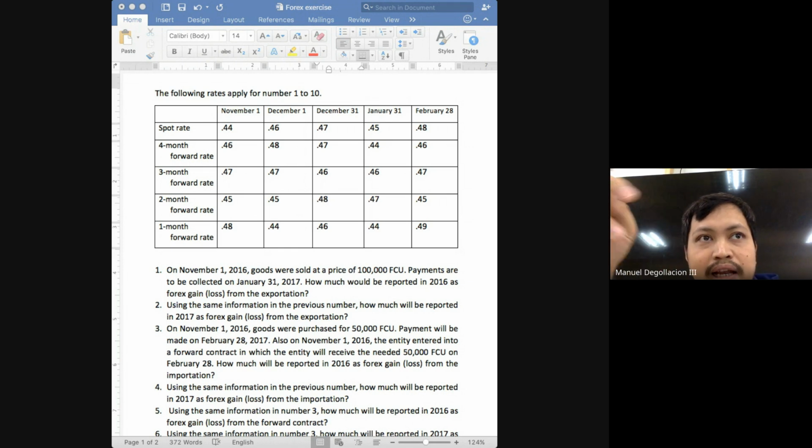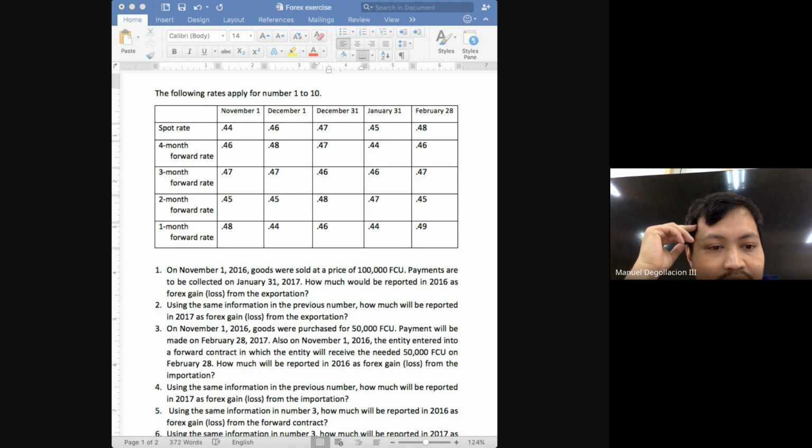This time, we are now on January 31. What is now the previous balance? The previous balance is not the November 1 balance. The previous balance would be the balance on December 31, which is the 47,000. And again, you will have to restate the balance on the settlement date of January 31. So since 47,000 is the balance of the AR at the start of the year, I say start of the year, class, because again, the ending balance last year will be the beginning balance this year. And it will be restated on January 31.